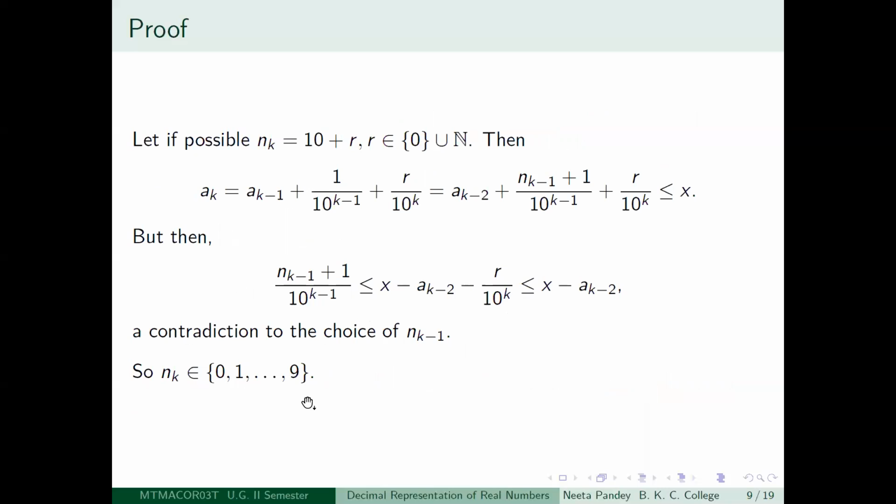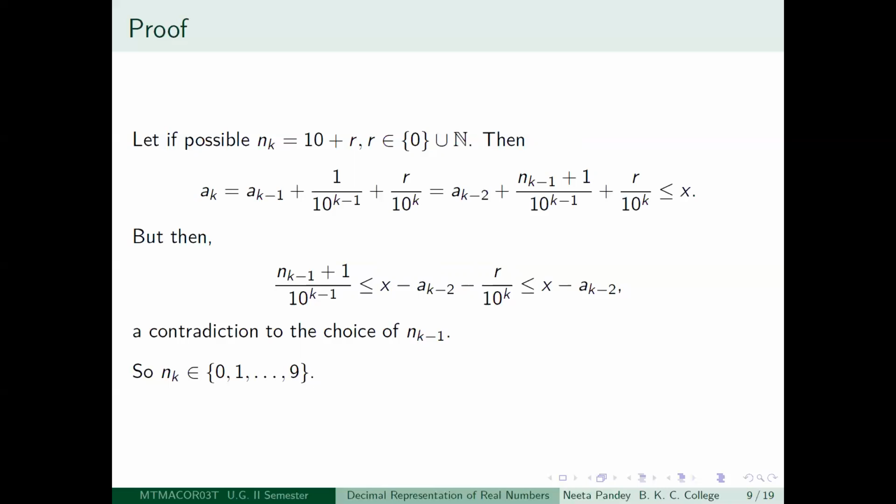So what are you obtaining from this? You saw how to get n0, n1 and n2. Also, you assume that you have got n0, n1, n2 till nk minus 1 satisfying your required properties. Then you will be able to get nk satisfying your required property. So you have got a sequence of non-negative integers, so that n1, n2, etc., will all lie between 0 and 9. So at least this much is true.